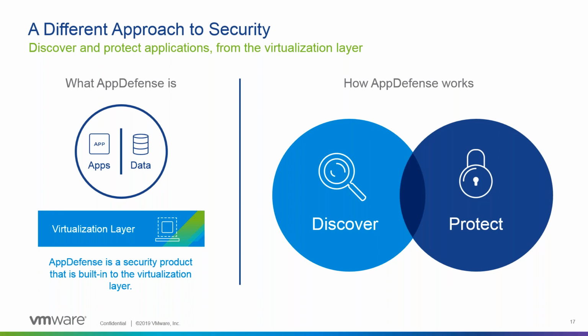In terms of how AppDefense works exactly, it really takes a two-phased approach. The first phase is the discover phase, and I'll double click in the coming slides into how this works, but just from a high level, phase one is about understanding what's running in your environment and verifying that that behavior is good. So we discover all of the VMs, all of the applications, the network communication patterns, all of those sorts of things. We discover that and we validate whether it's good or not. Then the second phase is the protect phase, where we can take an automated response to any of the deviations that we notice from that known good behavior that we've discovered.